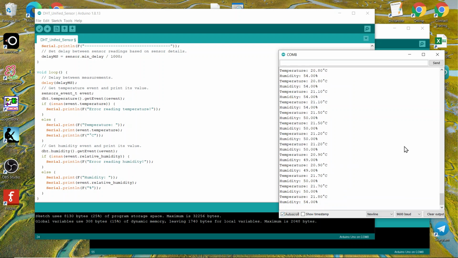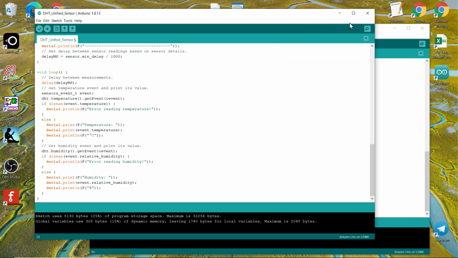If I leave the auto scroll on again, you can see it's doing temperature and humidity, and it's using these functions from the library that was installed. And these example programs are meant to show you how to work with it. They might not include all the sensors or all the functions that are defined in the library. So sometimes you have to dig a little bit, but for the most part,